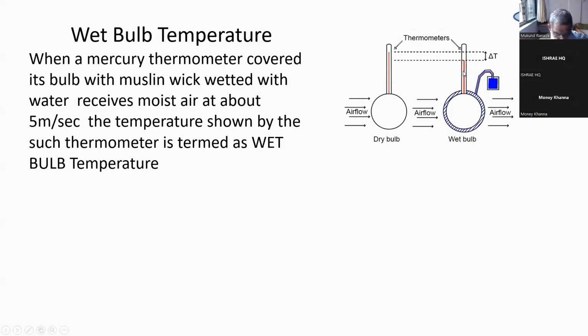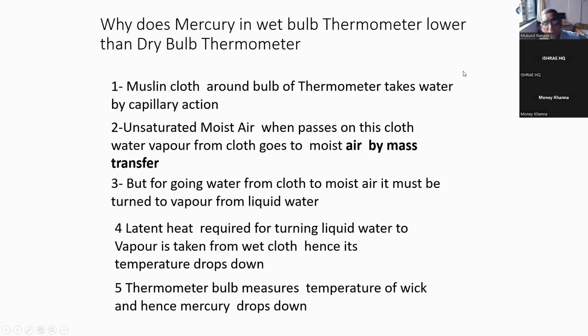Now, why does the mercury go down? The mercury goes down because the muslin cloth around the bulb of the thermometer takes water by capillary action. When unsaturated moist air passes over the cloth, water vapor from the cloth goes to the moist air by mass transfer. But to go from the cloth to the moist air, the water must turn from liquid to vapor. The latent heat required for turning liquid water to vapor is taken from the wet cloth, which is the same principle